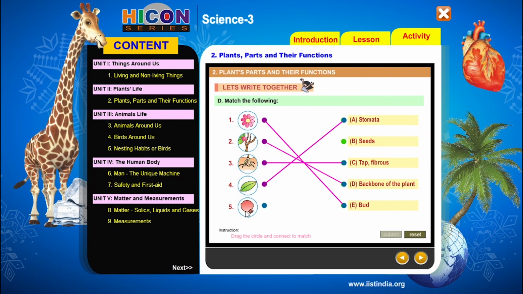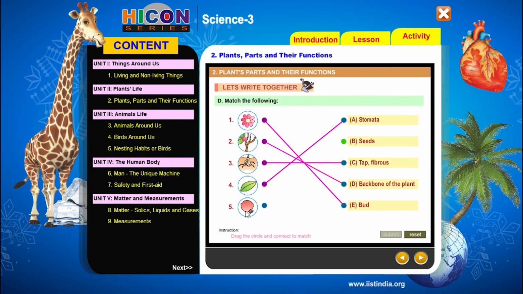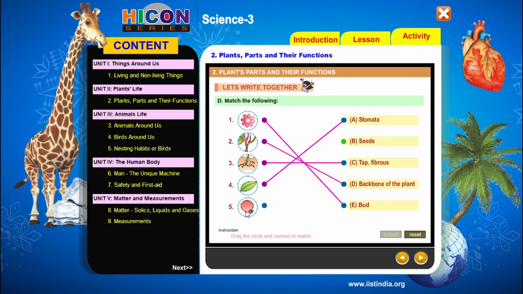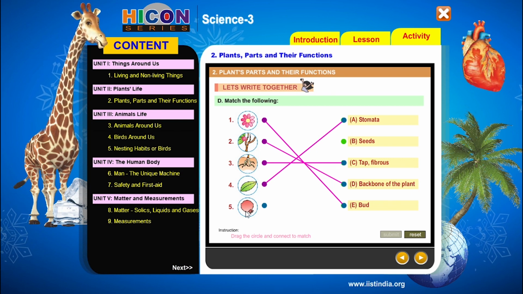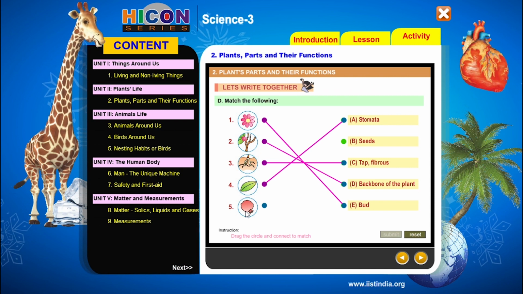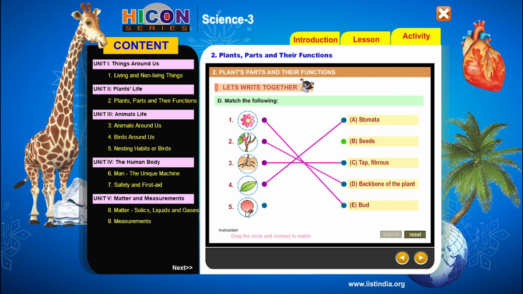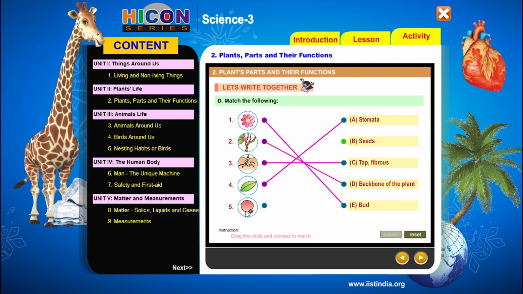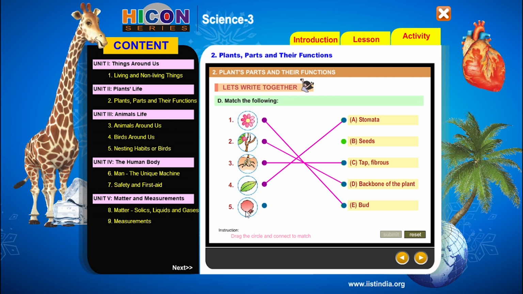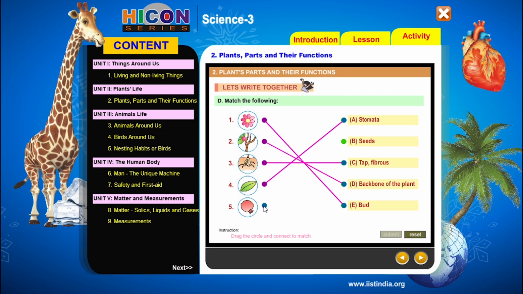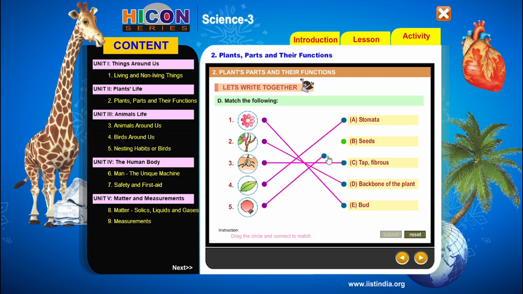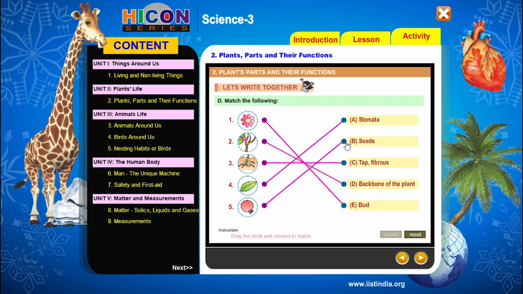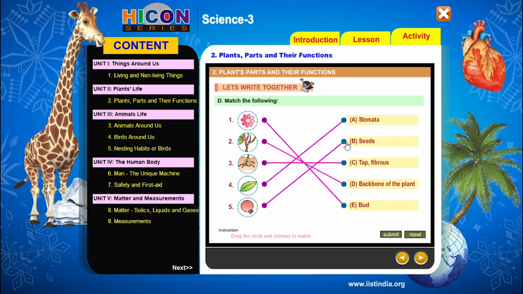You are observing a fruit here. So can you identify that fruit name? Yes, it is a pomegranate. So it is a fruit. What does a fruit contain? If you cut that fruit, you will observe some red colored seeds. So every fruit gives seeds. So fruit contains seeds. So match the fruit with the seeds. So children, this is the correct way. So this is the matching.